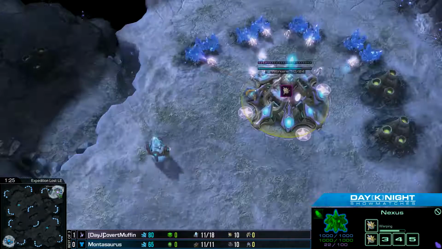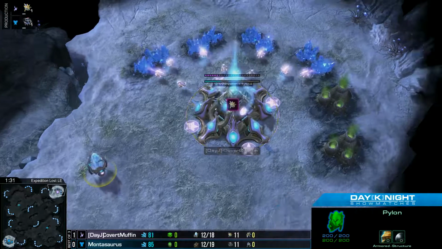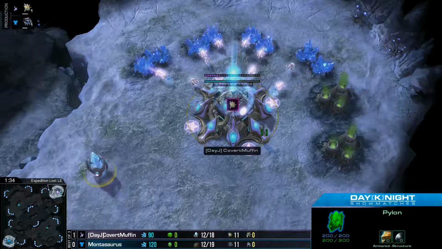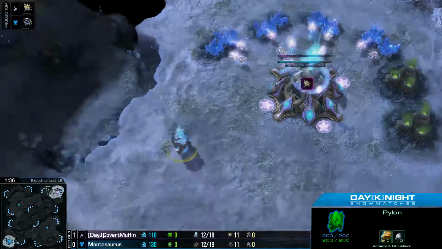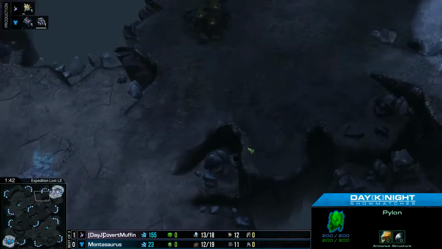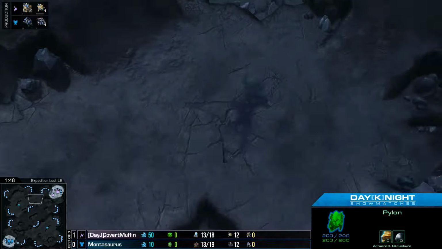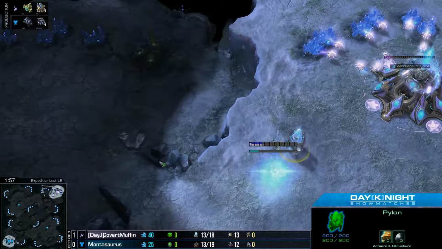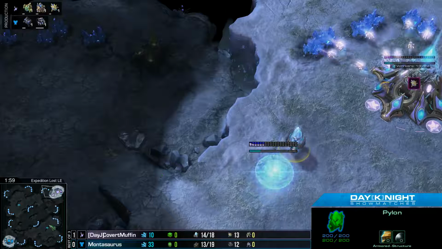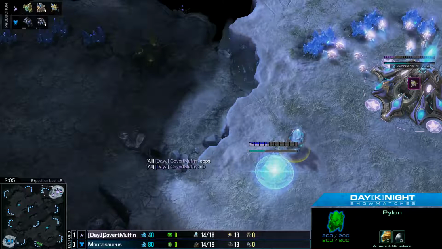So, I'm kind of interested to see what this map is like. What's going on in this map? So it looks like it's a very, very small ramp from the main to the natural with a somewhat larger ramp down to a choice. I mean, on maps like this, you're guaranteed 2 base play from pretty much Protoss and Terran players alike. Whereas